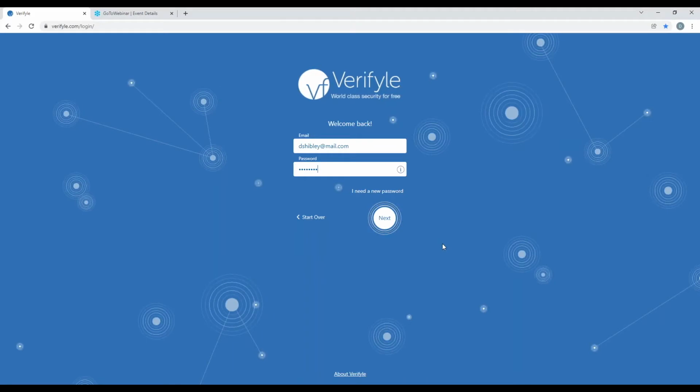So here we are at the sign-in screen for Verifyle, and you can access this by using any of the major browsers. It doesn't matter whether you're using a Mac, a PC, or a tablet computer. You're also welcome to use our handy mobile app if you would like. So I'm going to sign in,